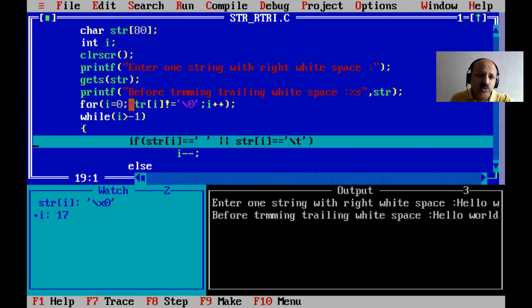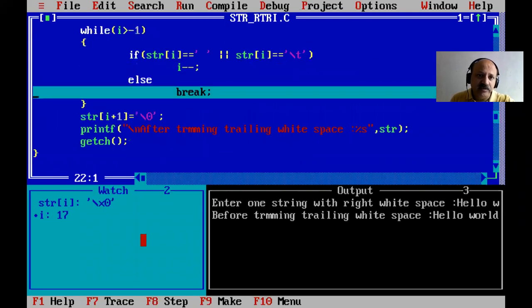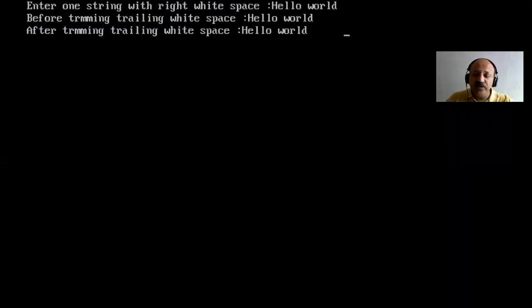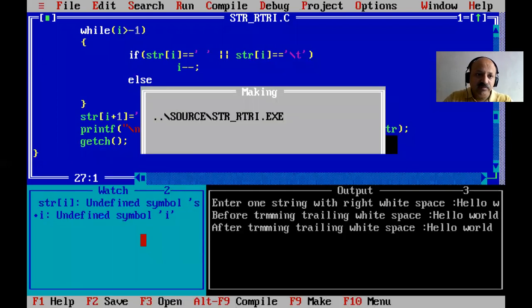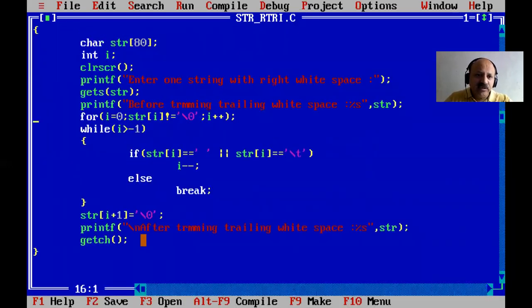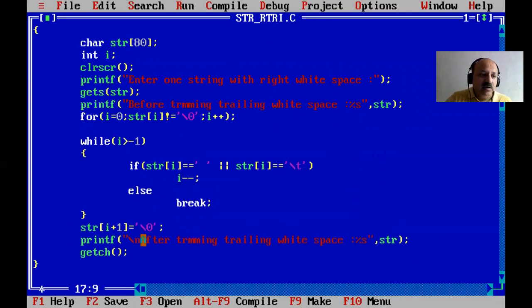So what can we do? Here we can minus. Yes, here that is taking first as null, so directly break. So that is taking the original string. So what is the problem? So I get this watch window. So what is the one here we can remove? Yes, here we can do minus minus I, one only, because that takes null and directly comes out of our while loop.